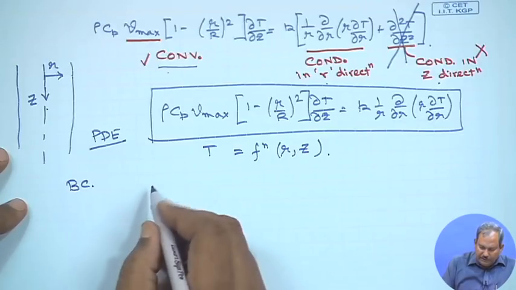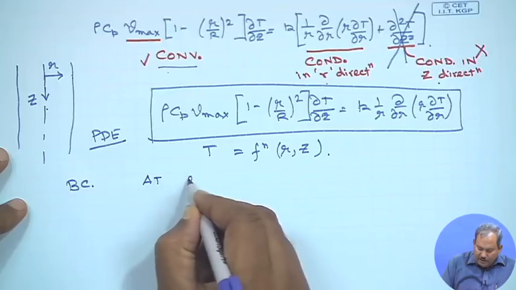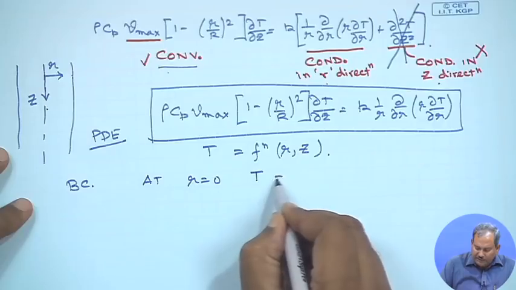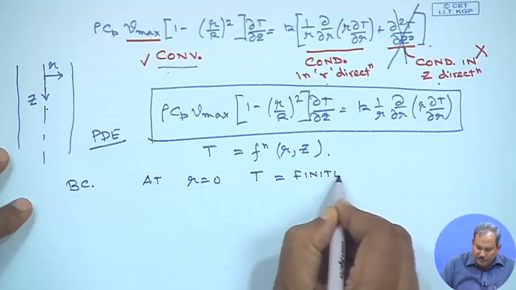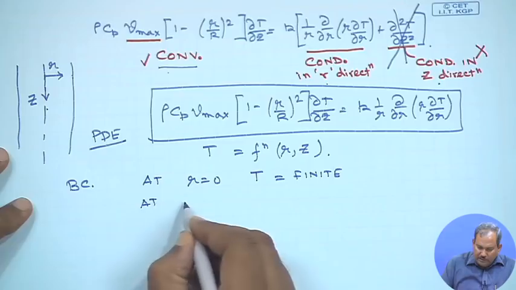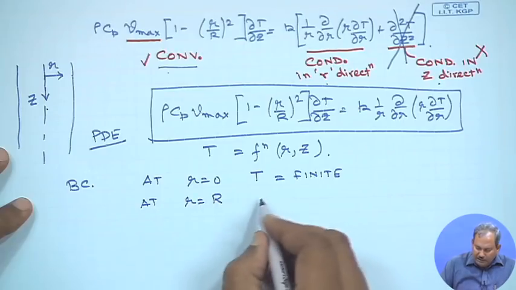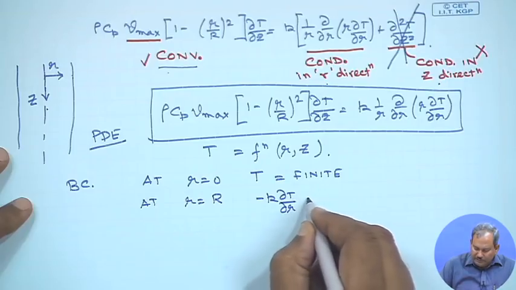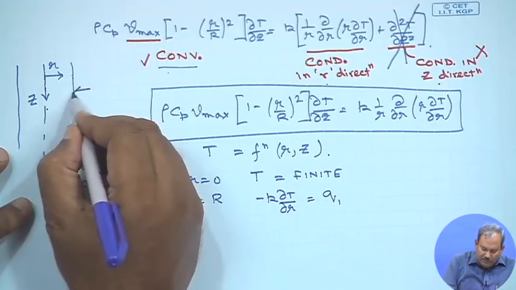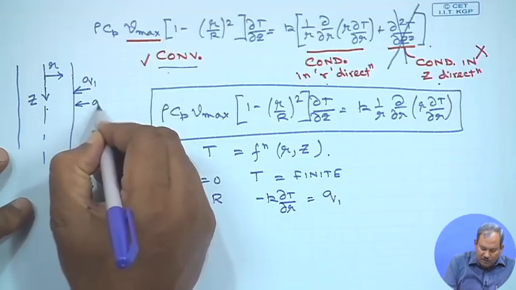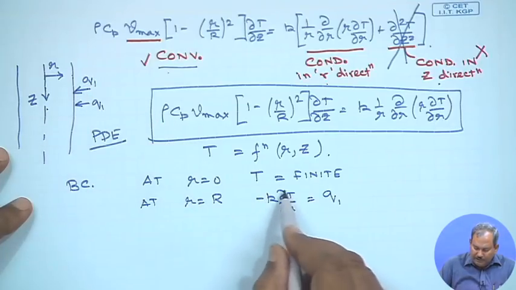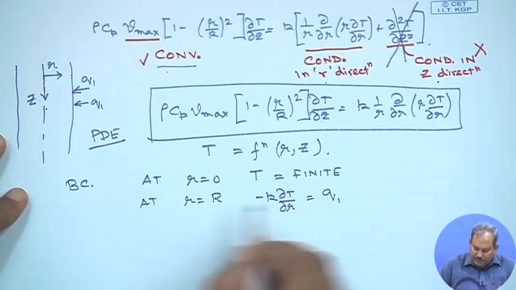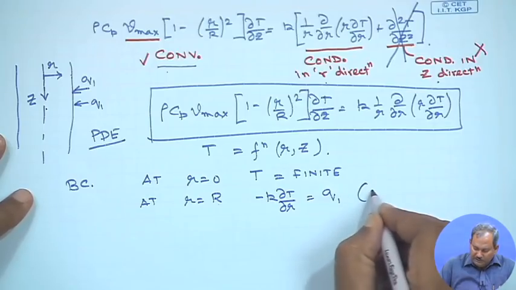The boundary conditions I can write as: at R equals 0, that means at the center line, T has to be finite, and at R equals capital R, minus K del T del R, which is the conductive heat flux, must be equal to Q1, Q1 being the heat flux which is supplied at the wall. So, therefore, the conductive heat at R equals capital R must be equal to Q1, which is a constant